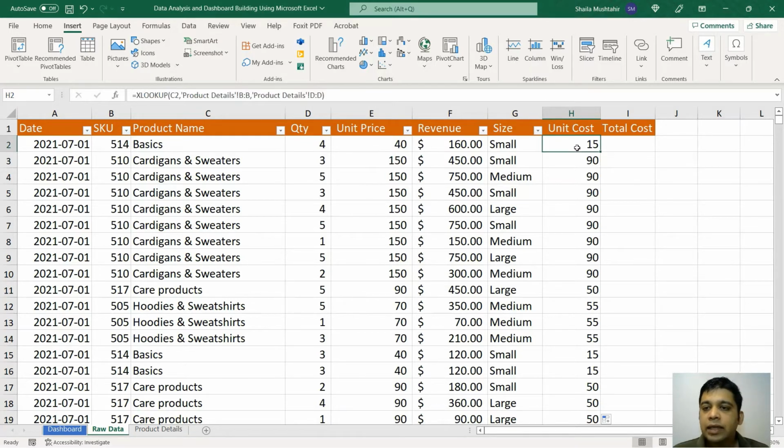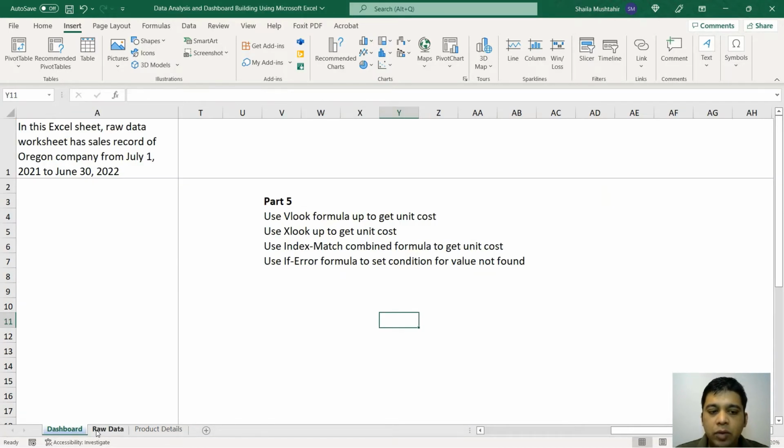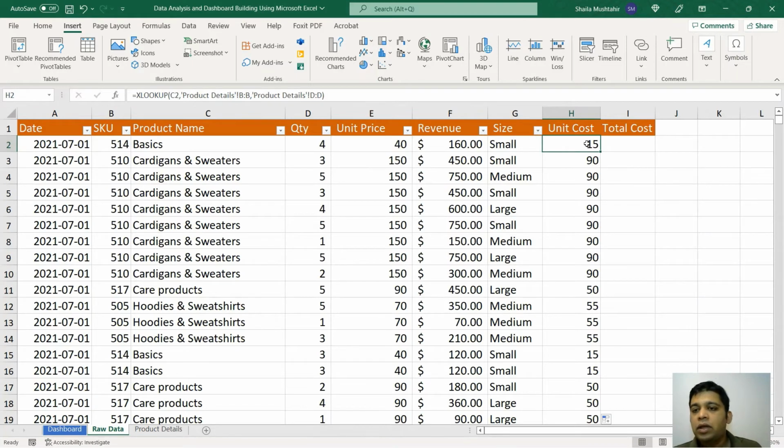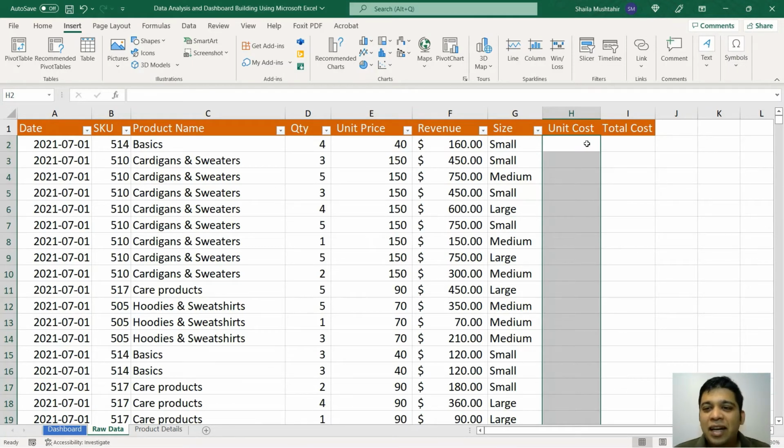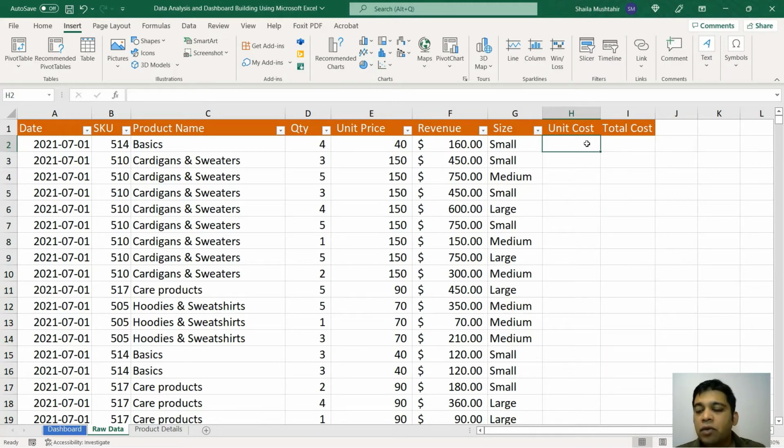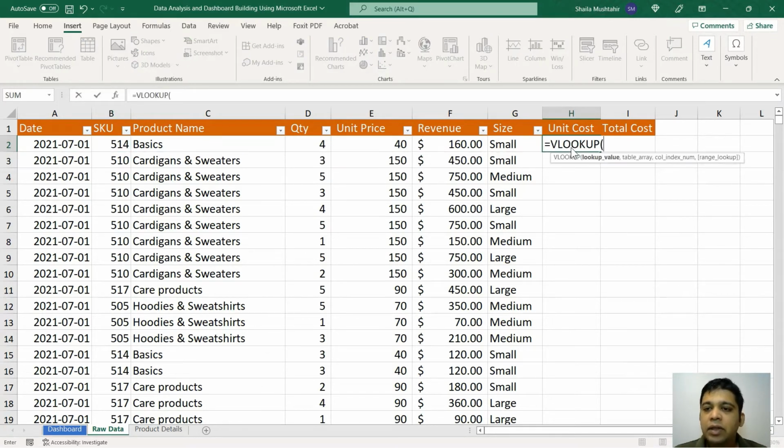Okay, so that's XLOOKUP. And then we will use INDEX MATCH to get the same formula, right? Now for VLOOKUP, you have to start from left and go to right. So let's suppose you don't know the product. Suppose you have to look up by SKU number 514, right? So equals, okay, if I start the VLOOKUP,